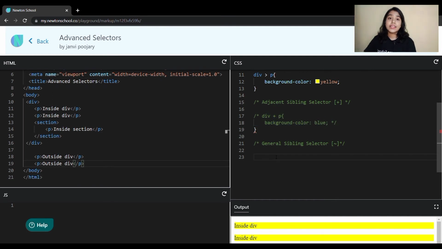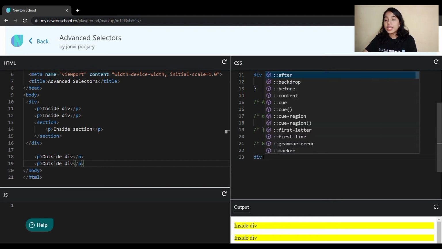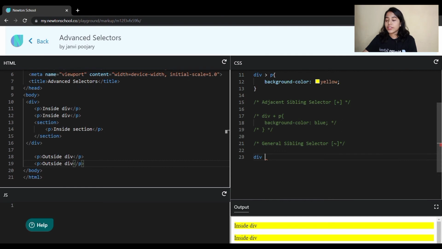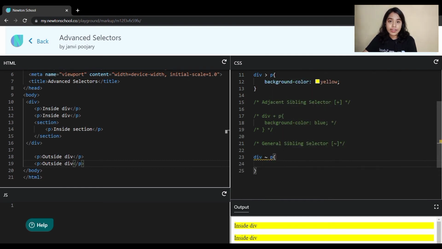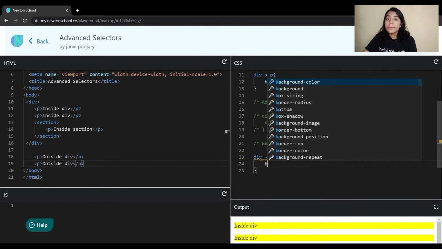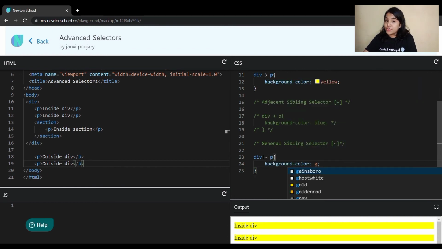Now the general sibling selector works almost the same way. Why? Because here also we have sibling selection, right? But the thing is that all of the siblings will get selected. There is nothing such as immediate first as we saw in the adjacent one.